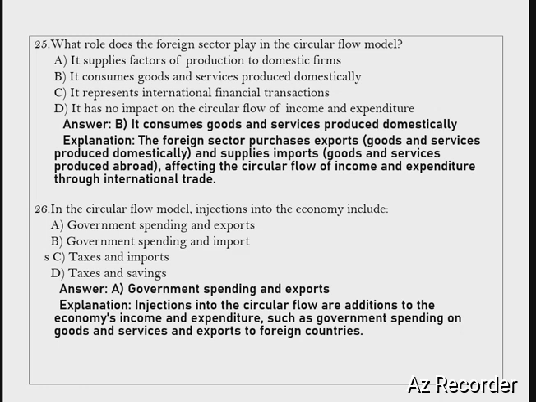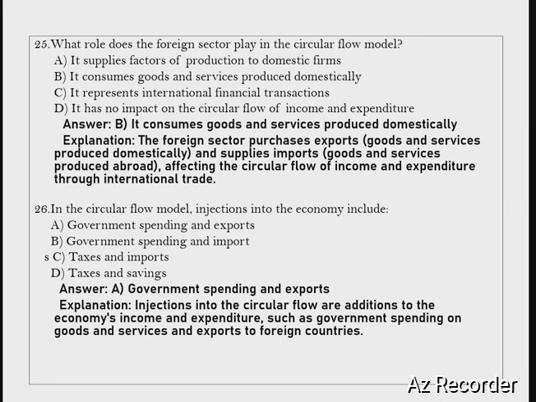activities. Next question is, what role does the foreign sector play in the circular flow model? Option A, it supplies factors of production to domestic firms. Option B, it consumes goods and services produced domestically. Option C, it represents international financial transactions. Option D, it has no impact on the circular flow of income and expenditure. Correct answer is option B. Its explanation is the foreign sector purchases exports and supplies imports, affecting the circular flow of income and expenditure through